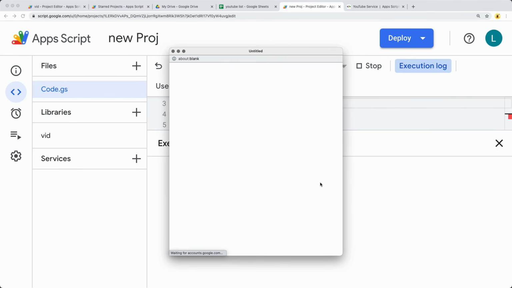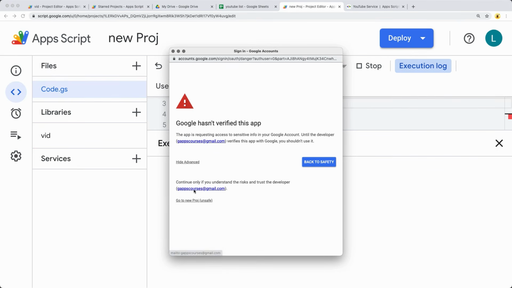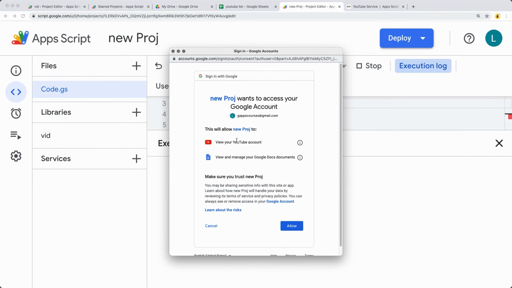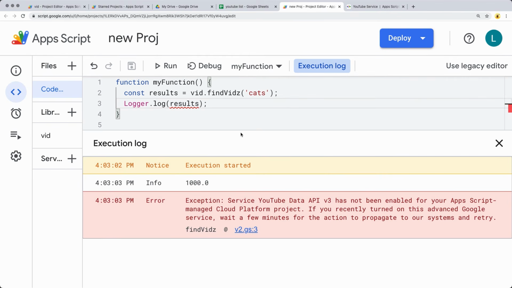We need to accept permissions in order to access that script option. So accepting permissions, and because this is a new app that's running and accessing YouTube, it's also accessing it via this account. So let's just provide the permissions. So it's accessing the same permissions that we're using